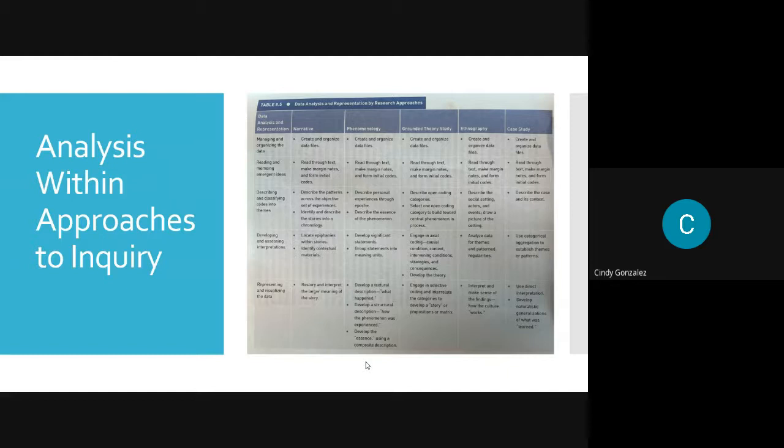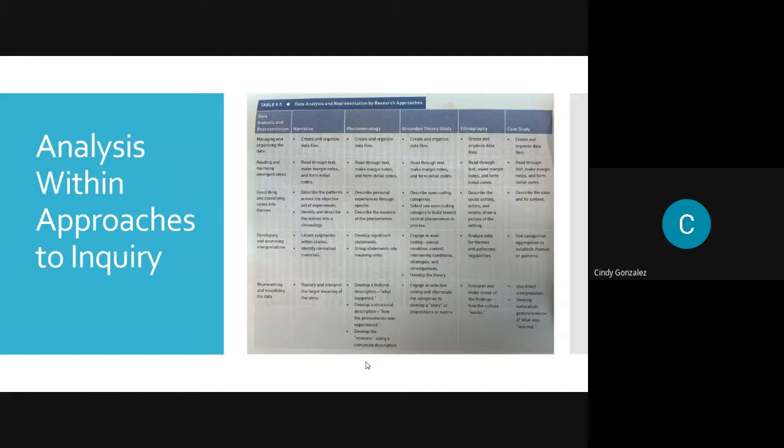For narrative, you describe the patterns across the objective set of experience. Identify and describe the stories into chronology. Then with phenomenology, describe personal experiences through epoche. Describe the essence of the phenomenon. You're always describing the open coding categories.